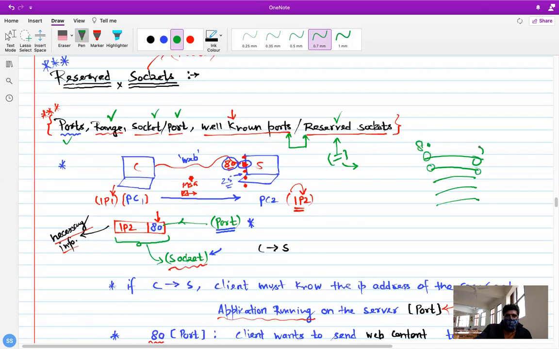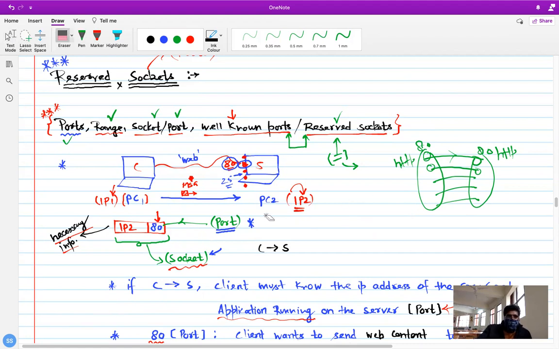Like 8080, they are also working on HTTP, so the transmission is fast. You don't need to search for an appropriate one. That is not required. So sockets and ports are different, but when using reserved ports, all the sockets you create would be called reserved sockets.